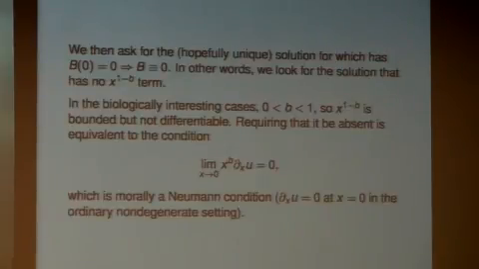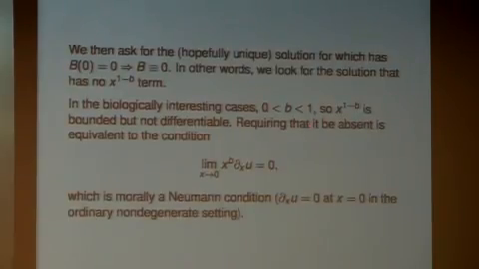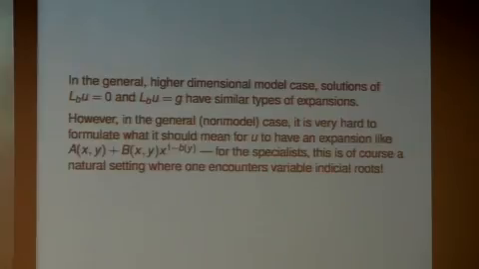Now, going back to this language of initial roots, I have these two initial roots, 0 and b. For the model problem, they're constants. But for the real problem, 0 is 0, it's not varying, but b is varying. So the thing that we're knocking out is the x to the 1 minus b term, which we're knocking out by the regularity requirement that the solutions be smooth. The regularity requirement is actually allowing us to never worry about variable indicial roots. That's kind of a miracle, in fact, that we're allowed to do that. For the experts here, you know that variable indicial roots are either a pleasure or an entire catastrophe. I tend to be in the latter camp.